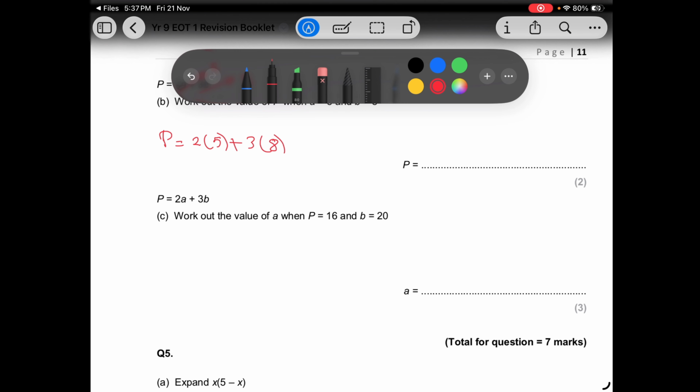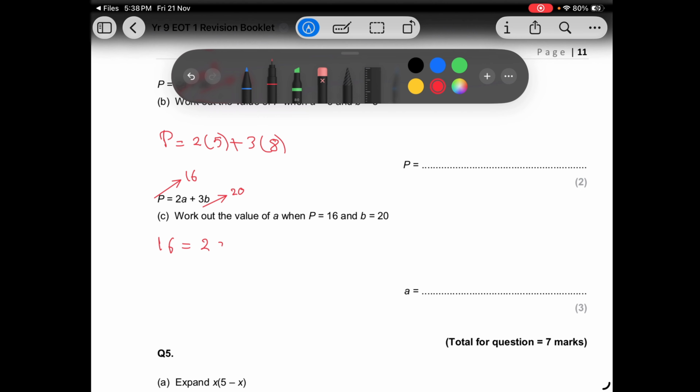P here is 16 and b is 20. Here we have to work out the value of a. So here we have an equation. This p is given and this p is 16 and b is 20. This b is 20, so it will be like this: 16